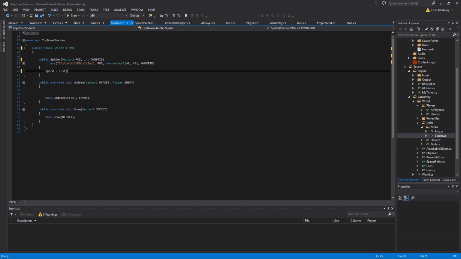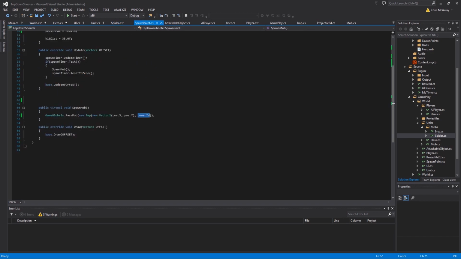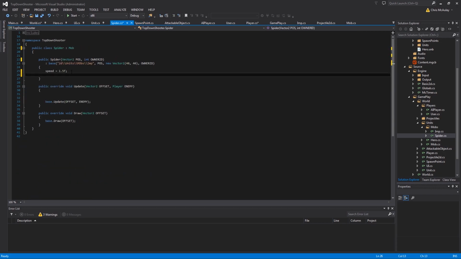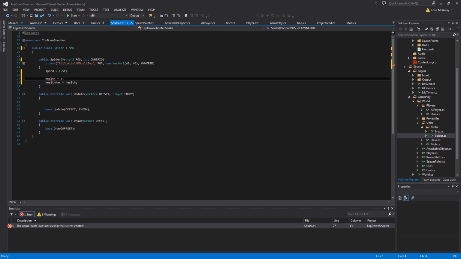It's a big fat spider carrying egg sacs. Let's change its speed just slightly, and then what we're also going to do is, so remember we set the health to 3 here. Our spider's going to have 3 health, so we want that. That'll be awesome. Okay, forgot the H. Okay, so we have 3 health, and